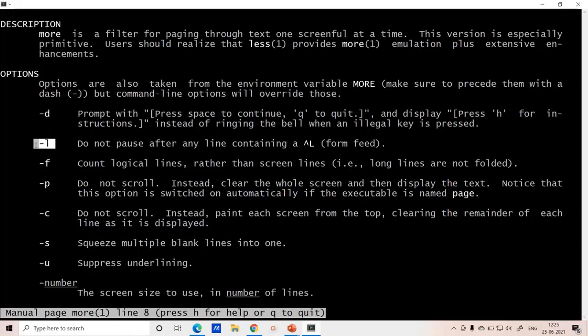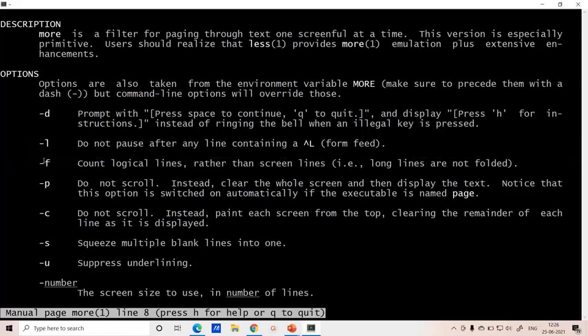Similarly hyphen l, as it says, do not pause after any line containing a form feed. So after completion of a line, it is not going to pause, it is going to continue and display all the lines. For that we'll be using hyphen l.